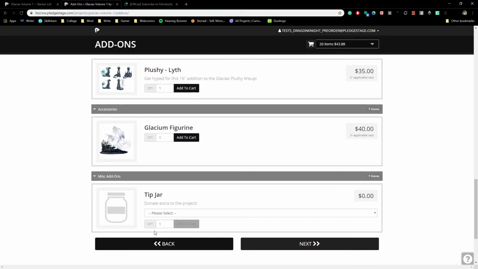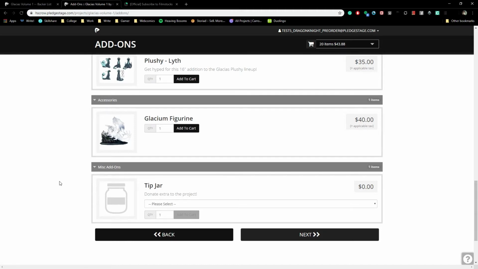On the bottom, you are going to see a miscellaneous tip jar if you decide that you want to contribute just a little bit more. We appreciate any support that you give to us. It really does mean a lot to us. But anyway, so